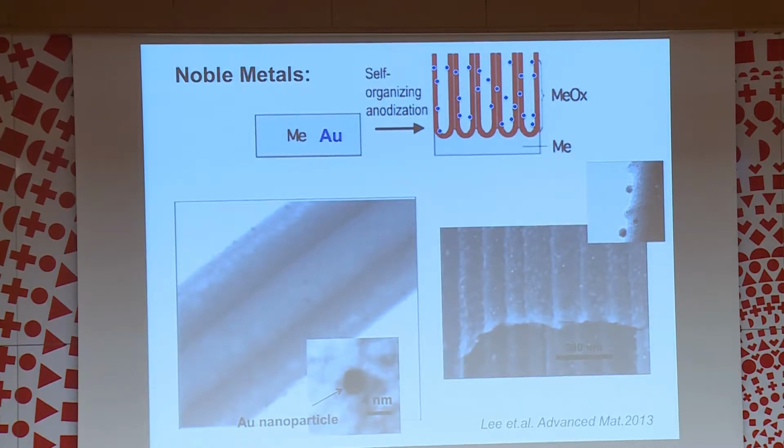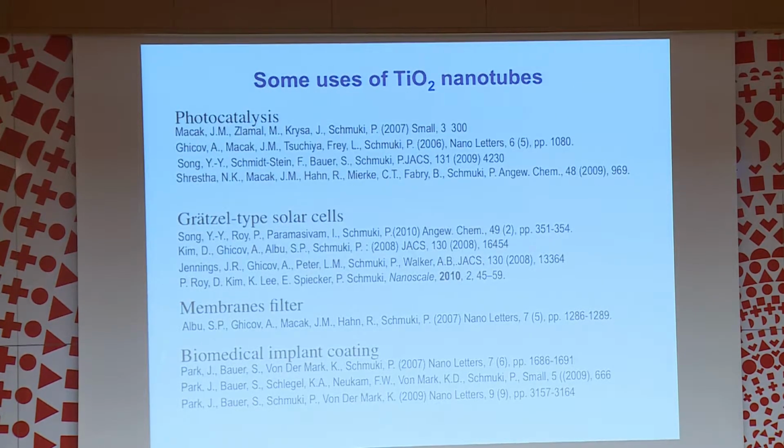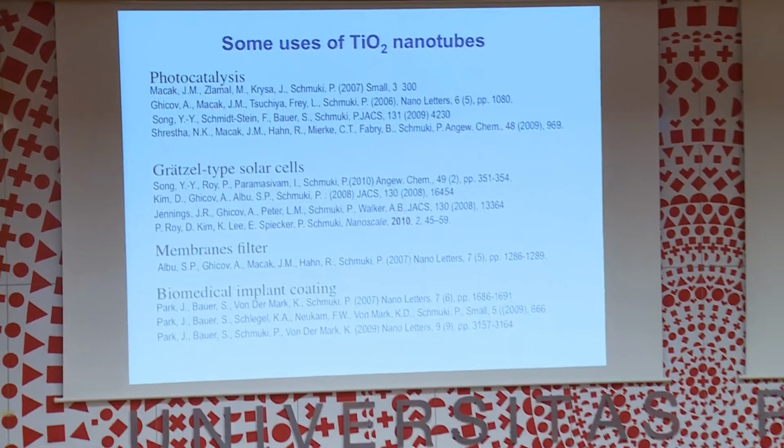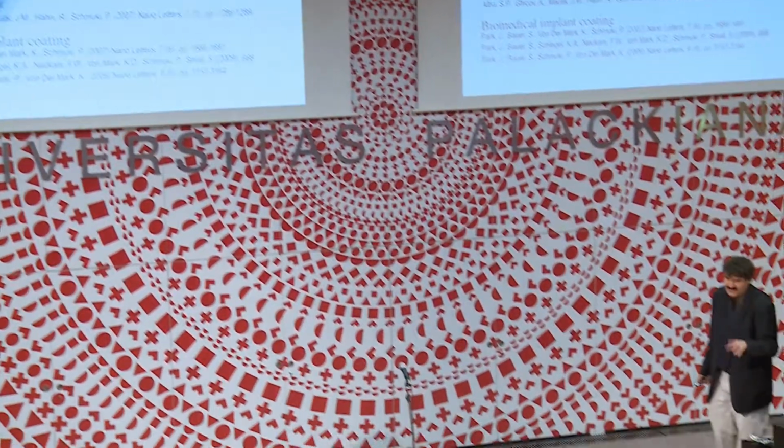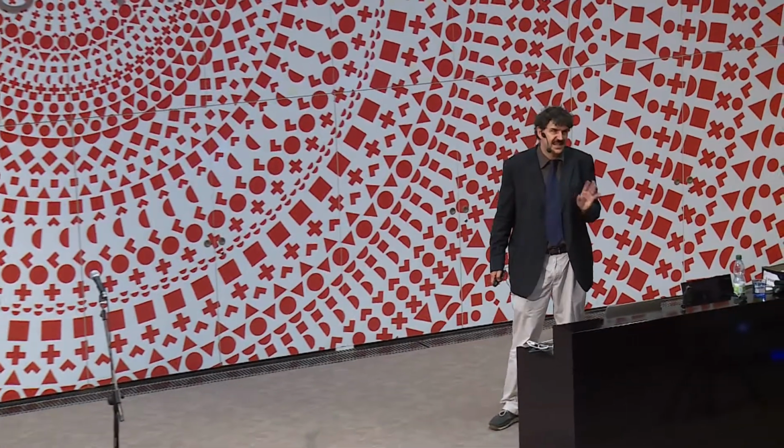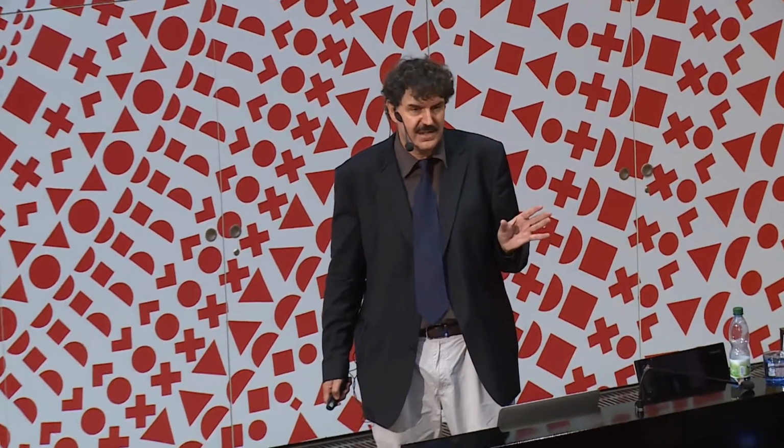Now, just to give you a very quick overview of some uses of the nanotubes. These nanotubes, over the last 10 years, have been explored in almost any direction that titanium dioxide in the world has been explored. Mostly it has been exploited as nanoparticles, pigments, or something like this. And in applications like